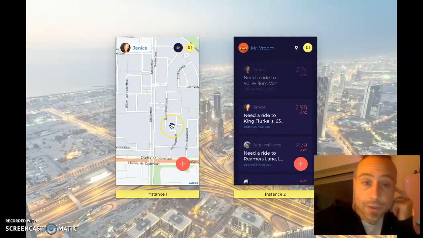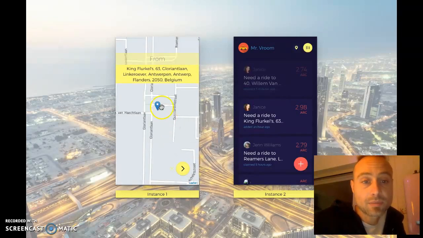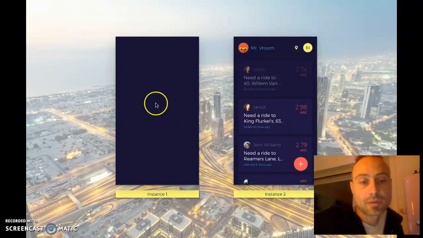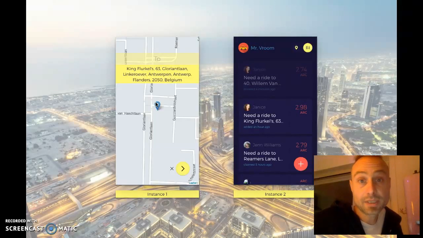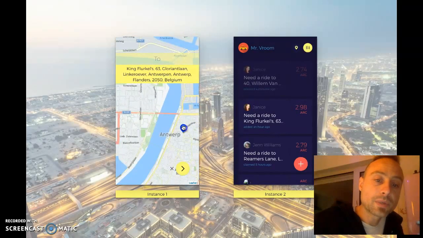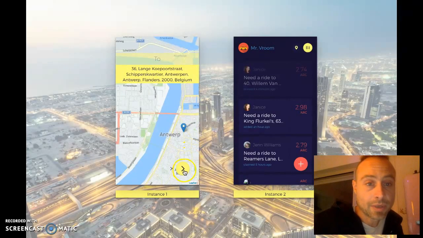So how would the app work in real life? Somebody needs a ride to a place. He would hit the plus button, and then the user can choose his starting location. The funny thing is that it automatically also updates the address, and then the rider can enter the to address. In a later update, we will also provide an input field, so you can just enter an address or a restaurant name. Voila.